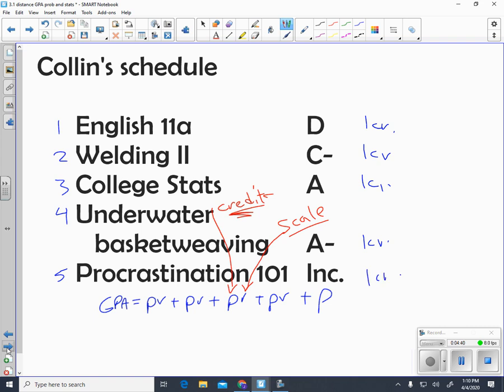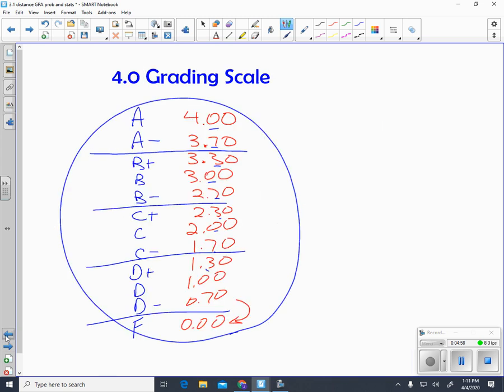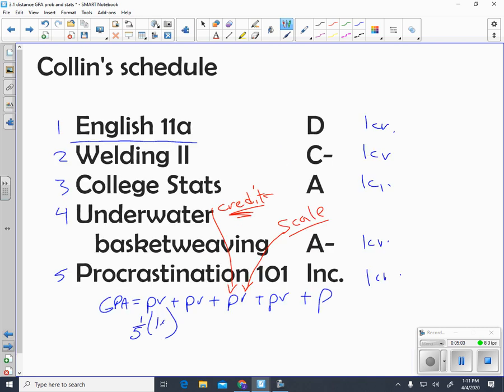So I'm going to start with English 11A now. The probability that a credit came from English 11A is 1 out of the 5 credits, right? So 1 out of 5 credits was in English, and in English, you earned a D, and a D, you got to think back here now, a D is worth 1. And so I'm going to go 1 out of 5 times 1 plus, now we'll go to college stats with an A. 1 out of the 5 credits was an A, and A is 4.0 plus, now it's, oh no,